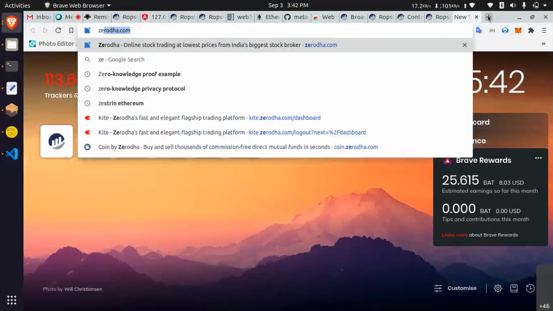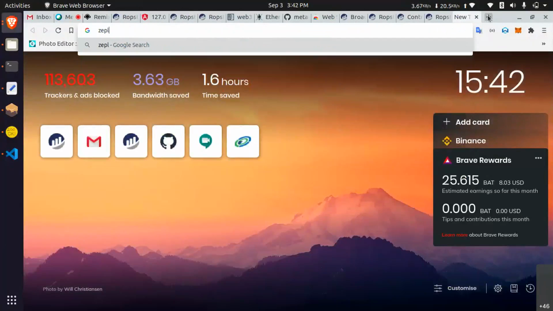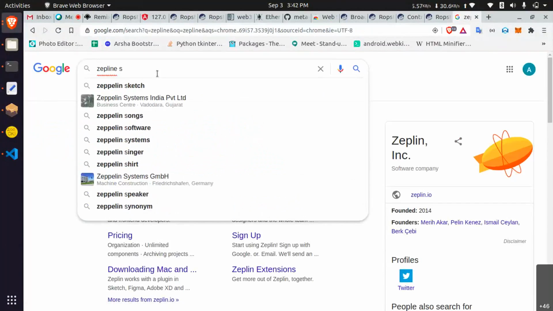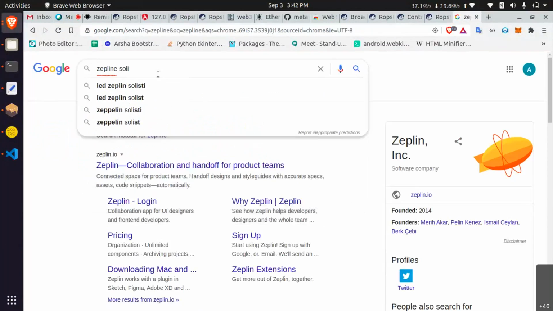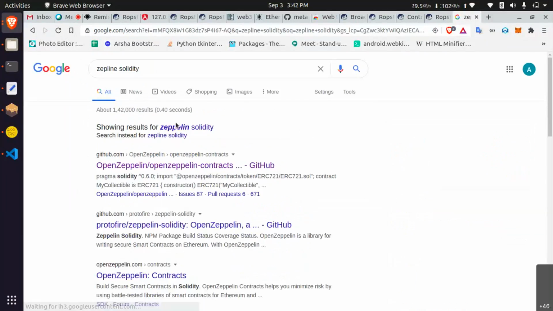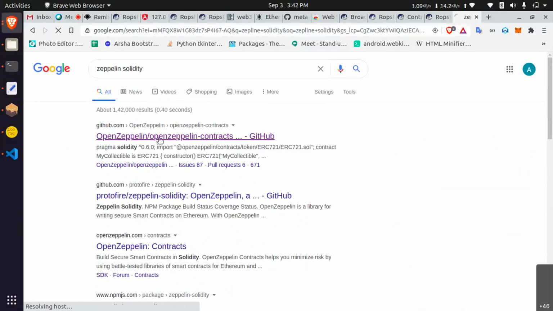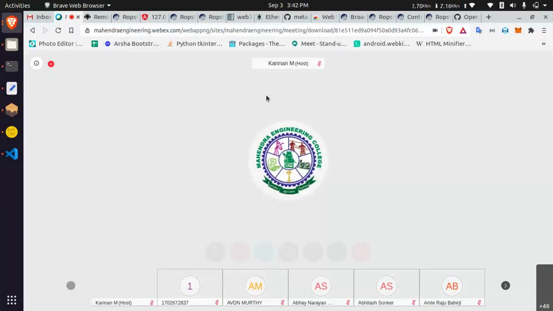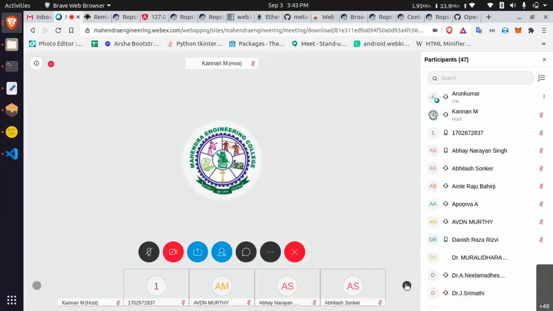For contract development, you have to refer to Zeppelin. In this repo, all types of contracts will be available.